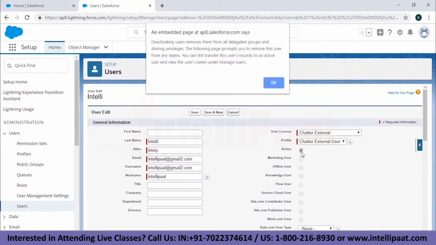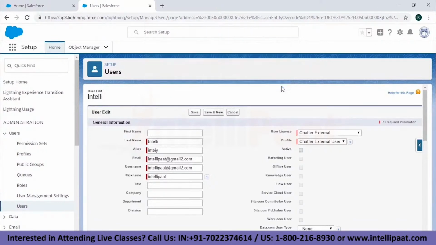If you have it unchecked, what will happen is that you will deactivate the user. So just in case something happens that the user is not right, or there's some case going on, for example, you can go ahead and deactivate the user so that the particular user doesn't use the Salesforce account. Salesforce will give you a prompt. I'll just go ahead and click on OK, and the user won't be active. But if you want the user to be active, something happens back, he's proved right, you'll go ahead and click on active and then click on save.